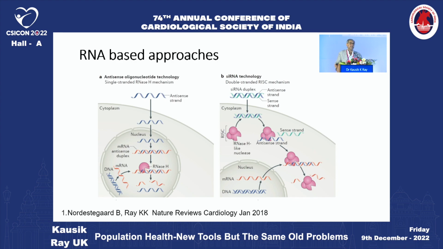So on the left-hand side is antisense, single strand of drug working inside the nucleus, binding to a complementary sequence of messenger RNA. This is being tested for LPA lowering right now, and basically it breaks down the message. That's the critical step between the gene and the protein. On the right-hand side is what we use, for example, with inclisiran and other therapies now that are emerging. And this basically gives us the potential for far more infrequent dosing, maybe twice a year.